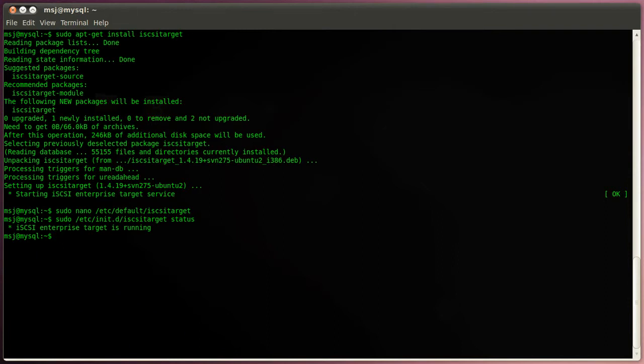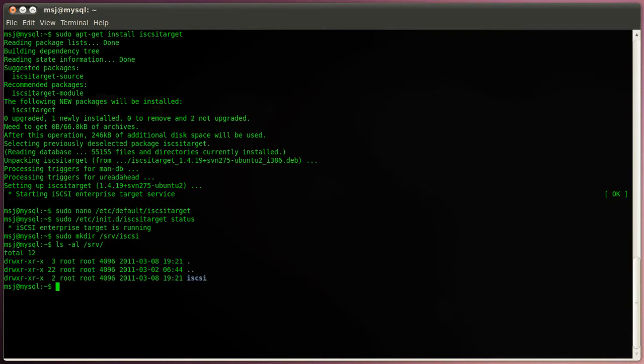We'll use a flat storage or hard disk file that we create, and to create that I'm using the dd command. First we have to create a folder where we want to store our iSCSI storage file. Enter sudo mkdir /srv/iscsi and then have a quick look at it to see if it's there. Alright, cool. Then we enter sudo dd, then if for input file, and we set that equal to /dev/zero,